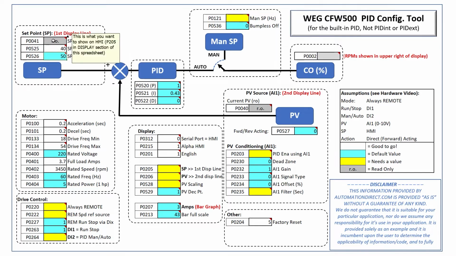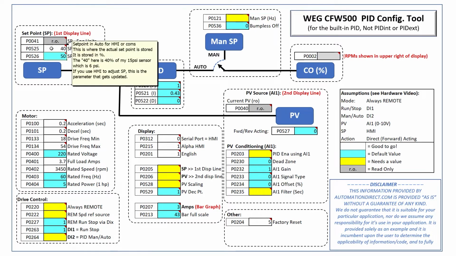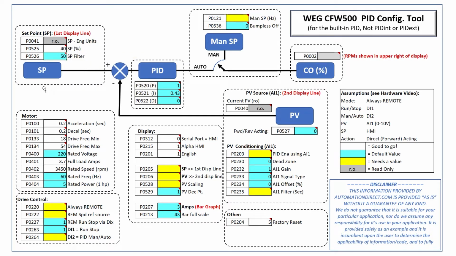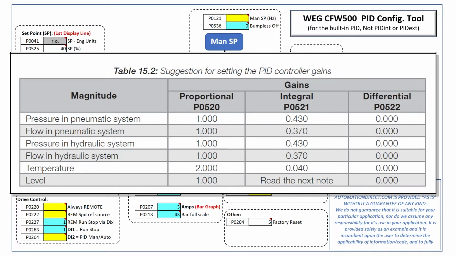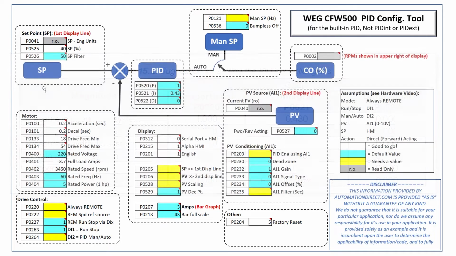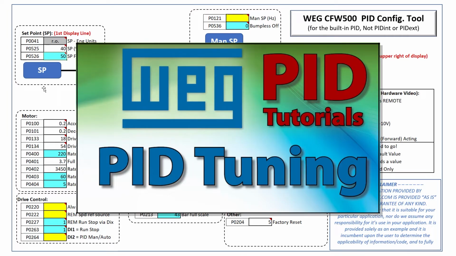If you see a little red triangle in the cell, then there's a hover note explaining what I did or listing relevant options. For most applications, you'll find that these blue default PID coefficients will be a great starting point, especially for monitoring pressure and pumping applications. The manual has this awesome chart that gives you good values to start with for other types of applications, like flow, temperature, etc. So I highly recommend starting with the values in this table. If you want to tweak those, well, check out this video. It shows you how to tune a loop on a CFW300 drive. The techniques shown in that video apply exactly the same way to the CFW500 drive.